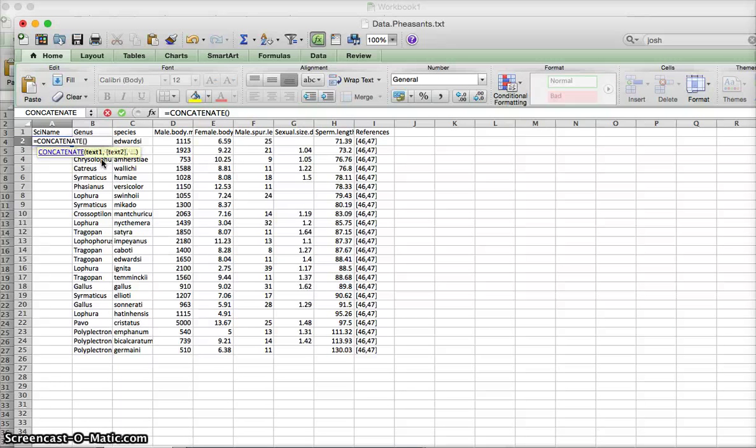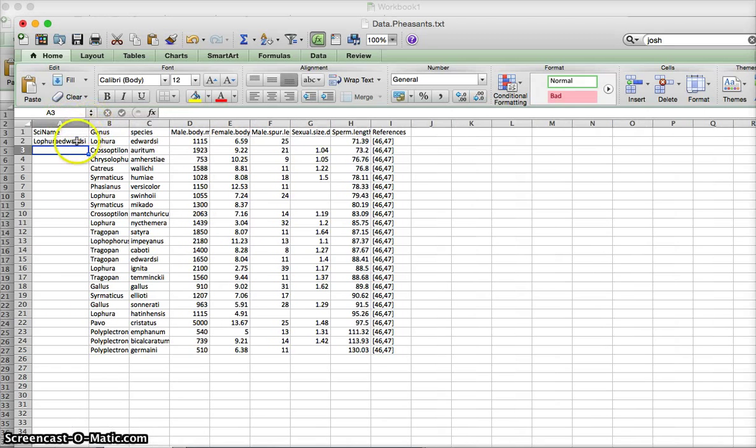And so I've selected concatenate, and then I'm going to refer to each of the cells that I want to concatenate. In this case, I'm going to concatenate B2 and C2, and I can actually click on C2, but B2 is being covered up here. B2 and C2, and I'm going to hit enter. I'll double click up here to make this the right width, and what you see is I've got Lofura Edwardsi,